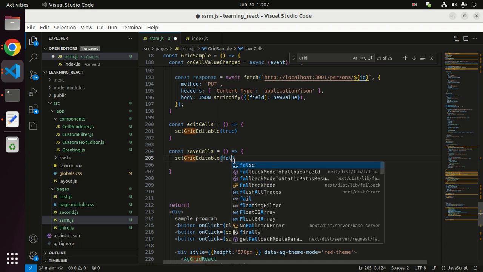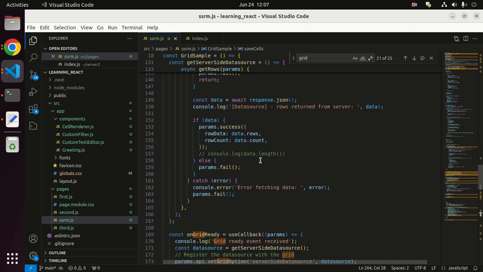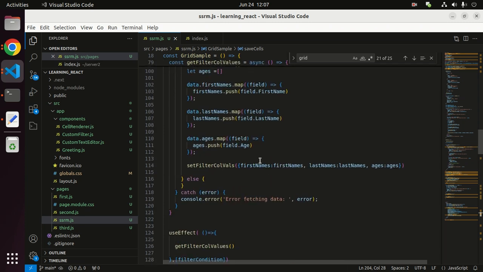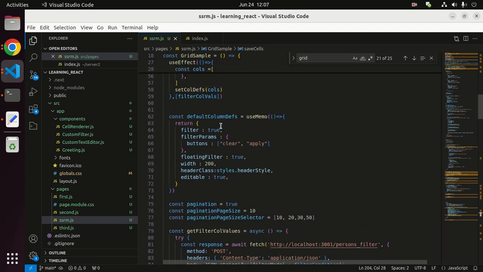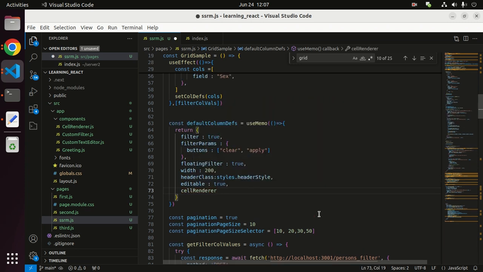Okay, now we are going to update the default column definitions. Here we are going to use a cell renderer method. Cell renderer. If grid is editable,